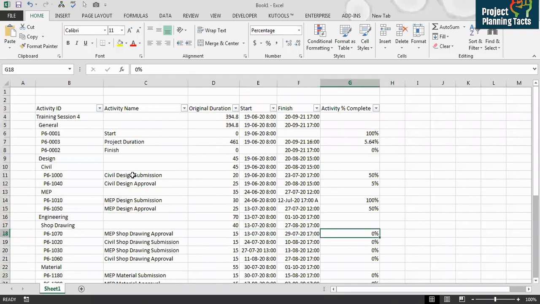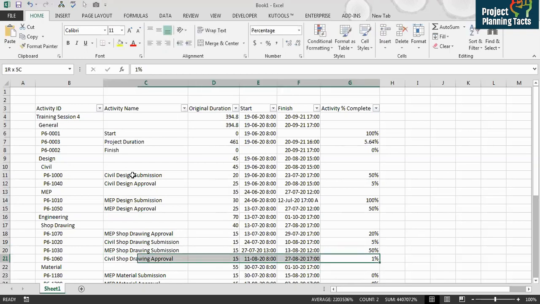So what I will do, I would say here that this activity, submission of MEP shop drawing, was 20%, and this activity, shop drawing, is 5%. MEP shop drawing submission is 50% and approval is 1%.